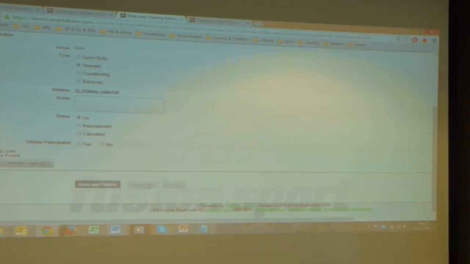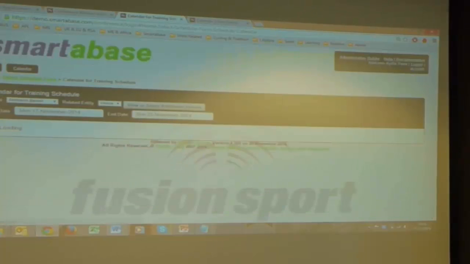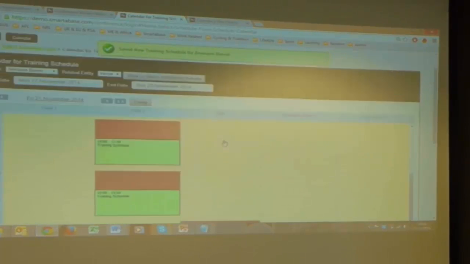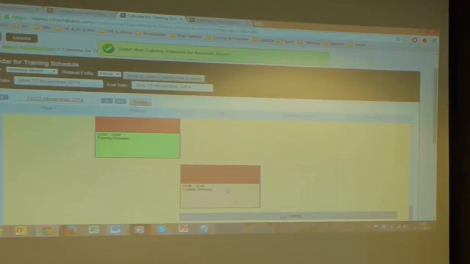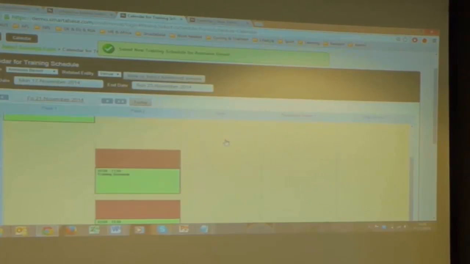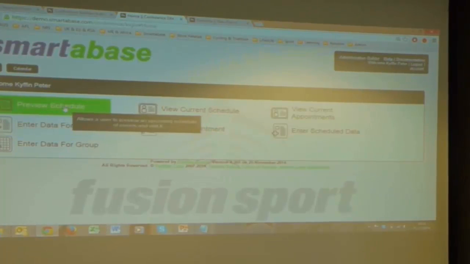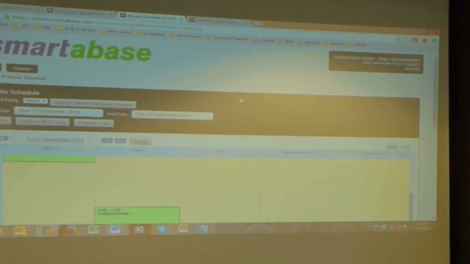So if I take this session and save as draft, it means that only I'll be able to see it and tweak it and edit it, but we'll see there that we've got it in a different color, so that when I need to edit and move and tweak that, I can do that from the different modules. So if I go to the preview schedule,